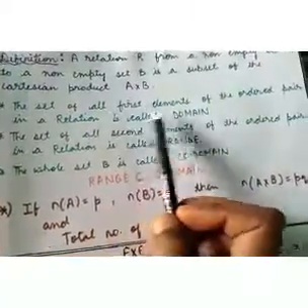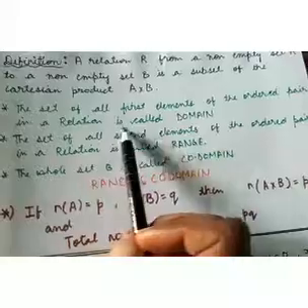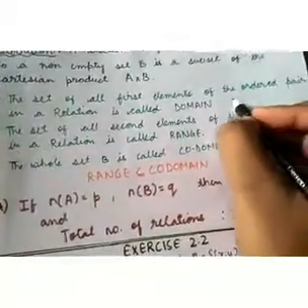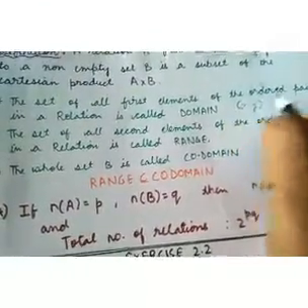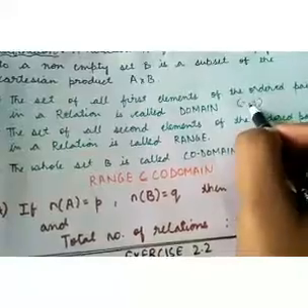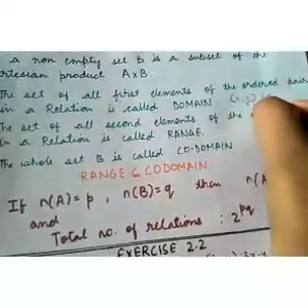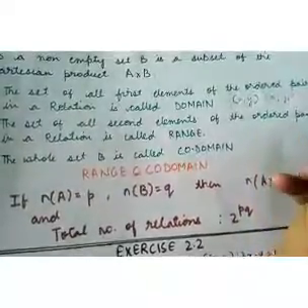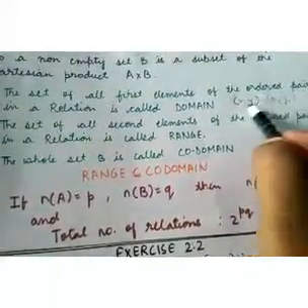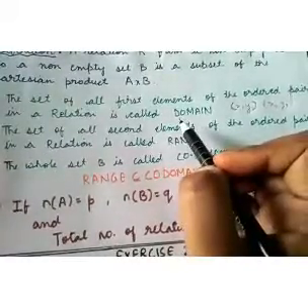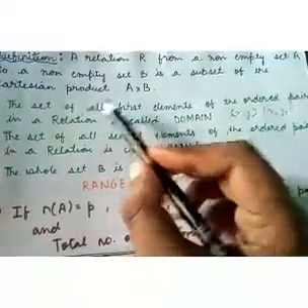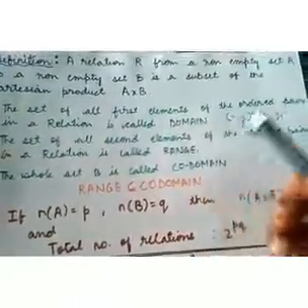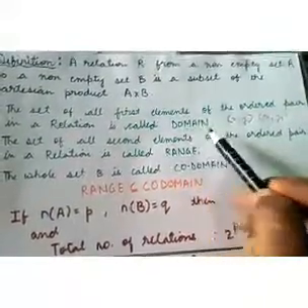Now there are certain points in here. First, the set of all first elements of the ordered pairs in a relation is called the domain. That is, whenever we write an ordered pair, say (x1, y1), similarly we can have (x2, y2) and so on. So in these ordered pairs, the first elements x1, x2 and so on are the terms whose collection we call the domain. Therefore, the set of all first elements of the ordered pairs, that is x1, x2, and so on, will be called the domain.